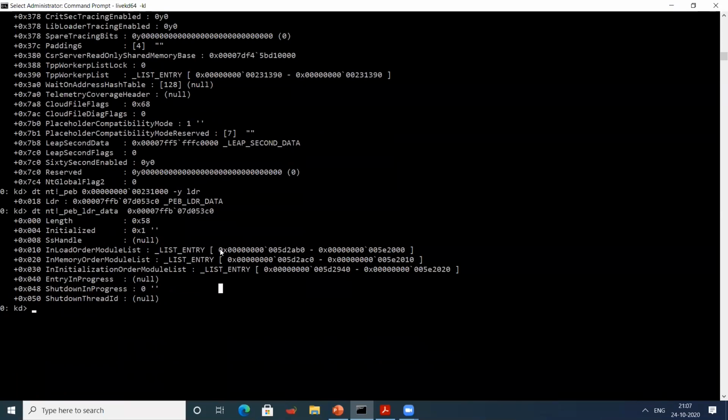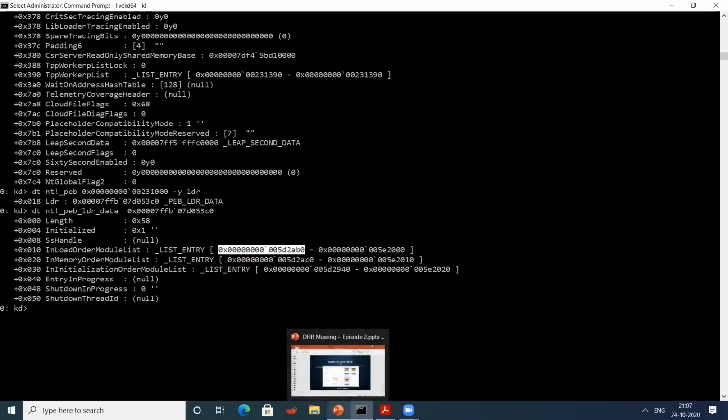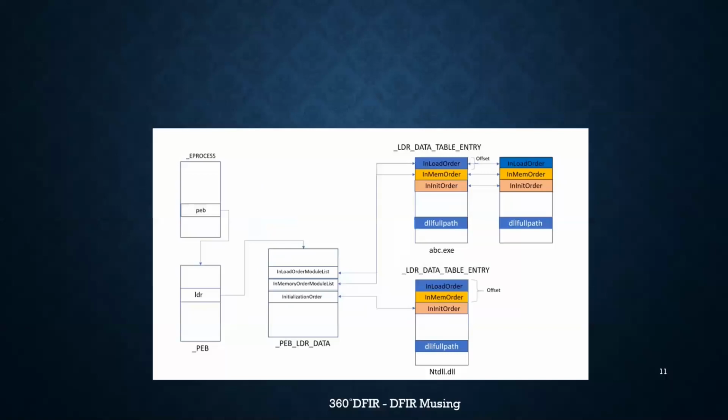Now we would imagine this is the forward link, the first pointer. I'll go back to the diagram and we'll see. Now we have the InLoadOrderModuleList, and the first entry of this points towards the LDR_DATA_TABLE_ENTRY. If I want to enumerate this, I need to use this data structure, because the data structure residing on this particular memory address, pointed to by InLoadOrderModuleList,